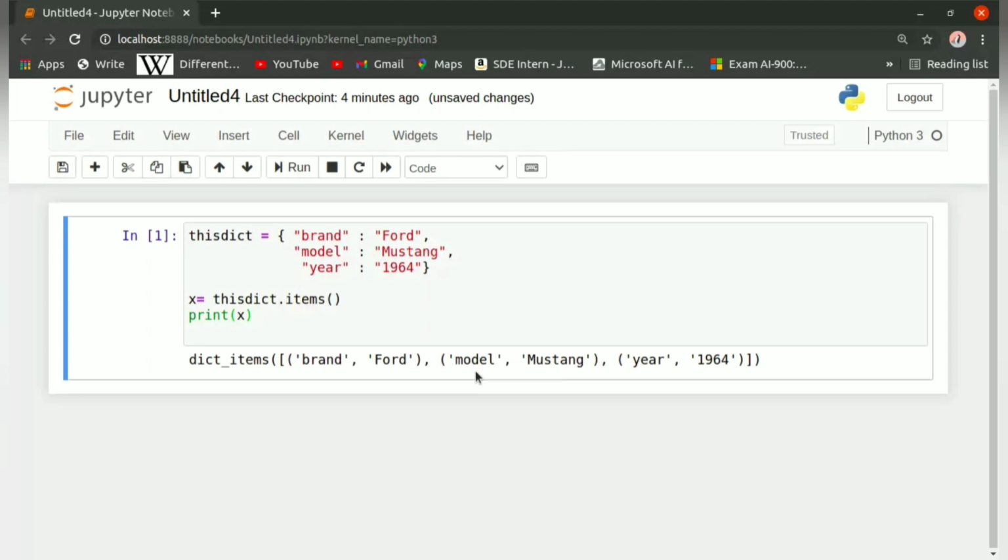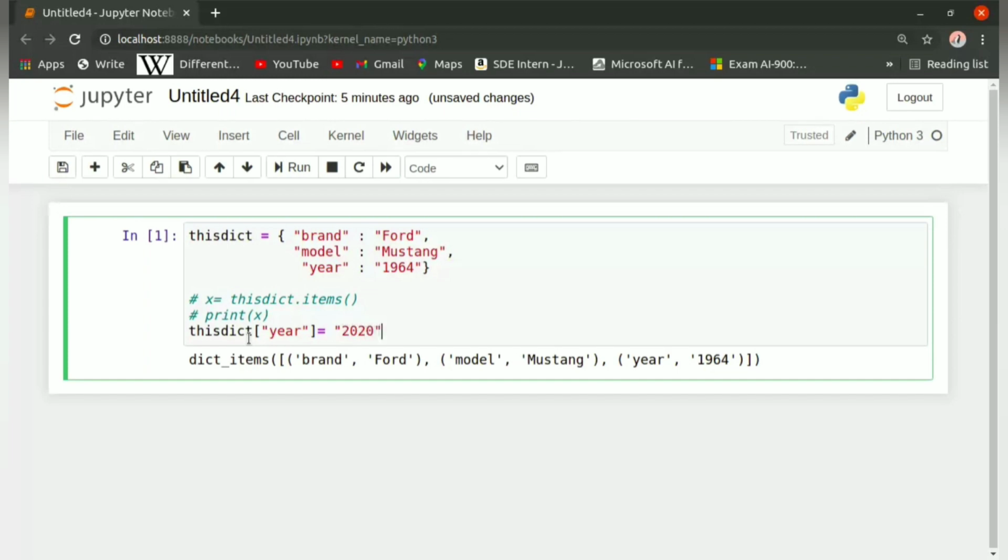Again we can just update the items in it. So previously we had x equal to this dict dot items and we printed it. Now let us check after changing the year to 2020. So we will write this dict and inside the square brackets write year, which is equal to 2020.